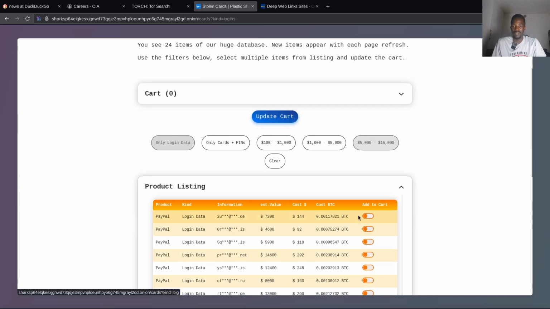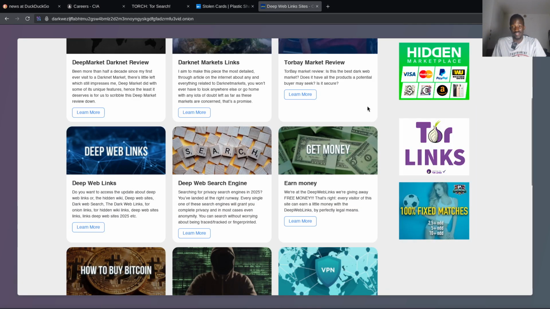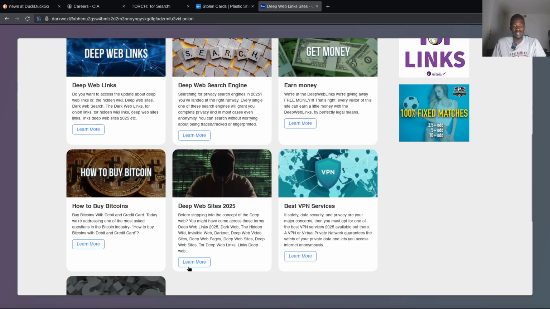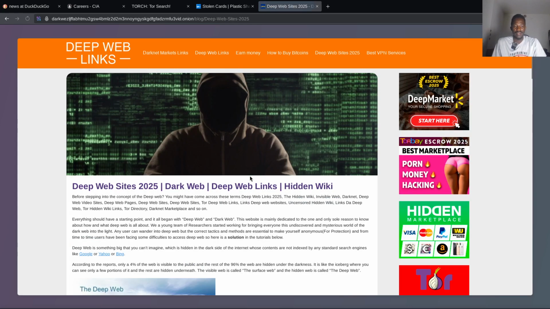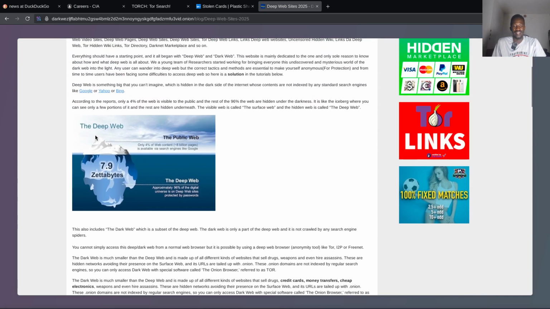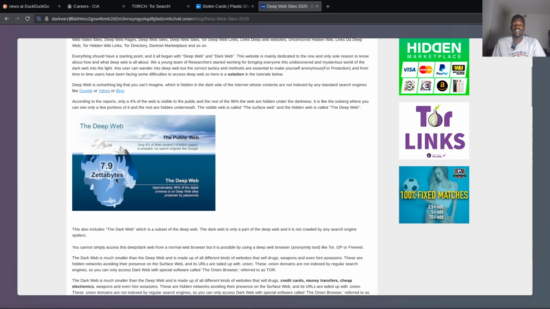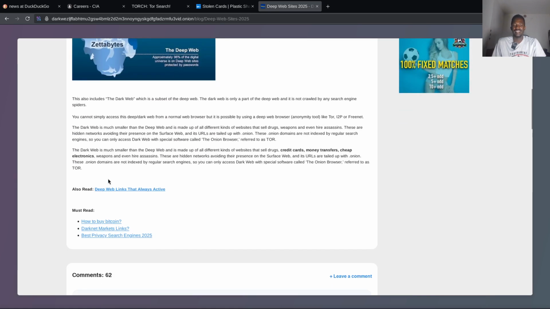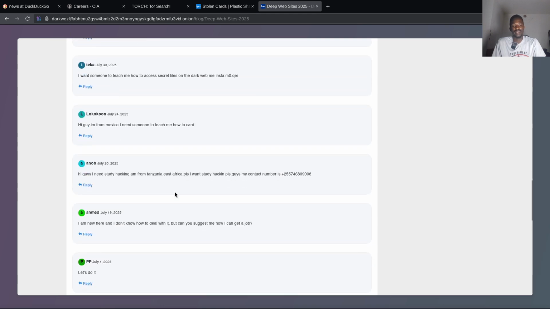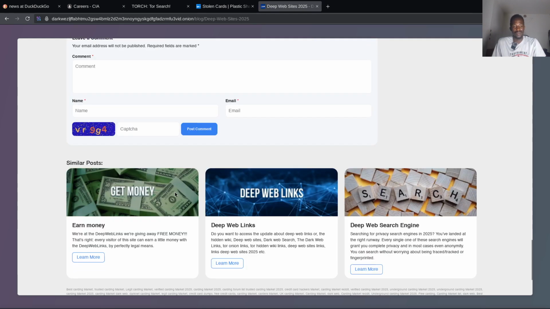Yeah, we've looked at stolen cards, and this is strictly for educational purposes, but we'll be digging deep into them. You can see here we have the deep web websites 2025. We'll be looking at those in depth, and you can see they are explaining to us how this is the public web, the normal internet you access, and now we have the deep web where everything goes. Have you ever heard that if you delete something off the internet, you have just made it not visible, but it still exists? We'll be looking at such stuff and reading through it.